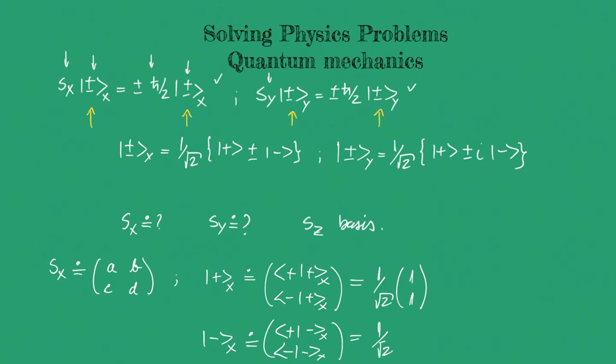1 over square root of 2, 1, minus 1. And now we can plug these matrix representations into this eigenvalue equation in order to determine what Sx is. Although here the two eigenstates are merged, I'll separate them to determine Sx. The eigenvalue equation for spin up is, and if we plug our values found previously for each one of the terms of this equation, we get,